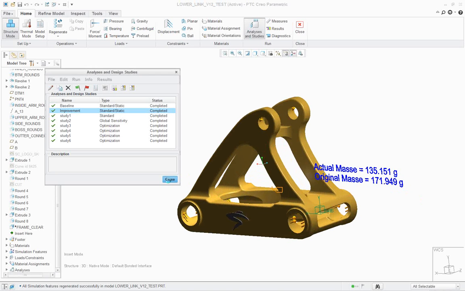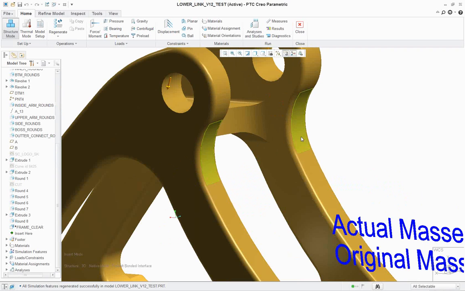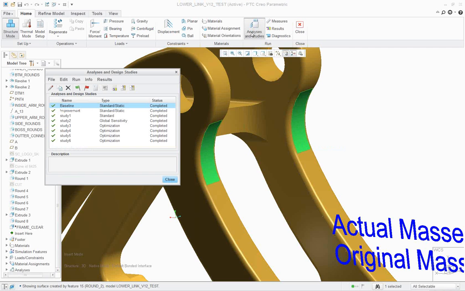Now what I want to do next in order to figure out these hotspots is to optimize the dimensions of this radius right here. Now, typically how you would do that is you would go back into Creo Parametric, type in a new dimension value, come back into Simulate, and then run the analysis, right? Which technically you can do, and that's fine. But another way that we can do this is to say, well,